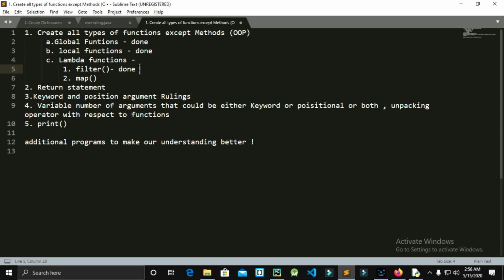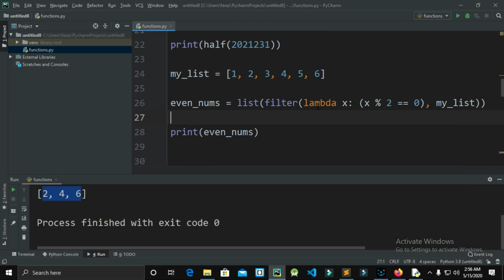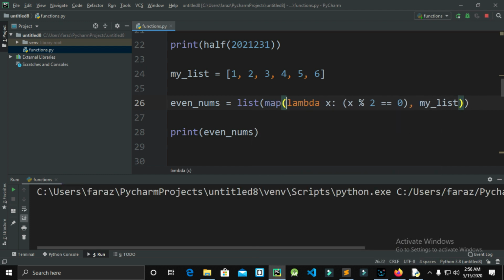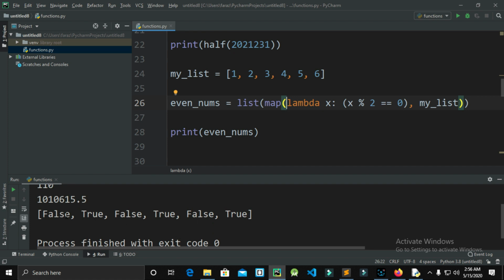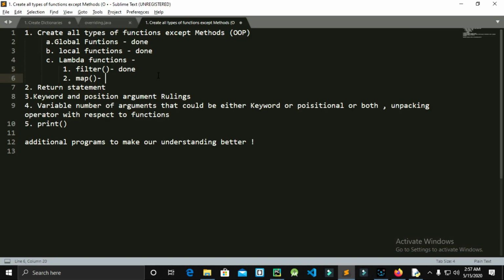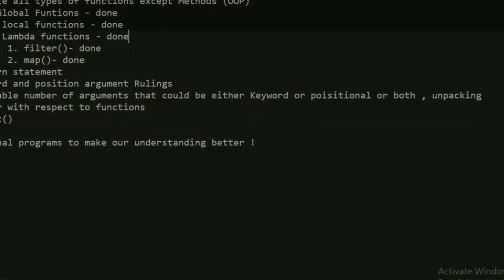Map is the same as that one. Instead of filter there, I can write map, no worries. So you'll get your result. See, it is going to return a list of true and false. How did we get false? Because the first number is not an even number. False, true, false, true, false, true. I hope you got that point. So map is returning a list of trues and falses, whereas our filter is returning the list with actual values. We are done with this one also. So in short, we are done with lambda functions as well. So let us talk